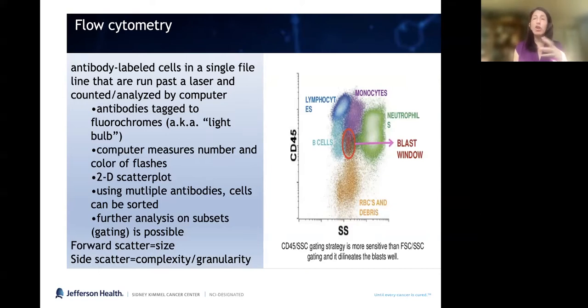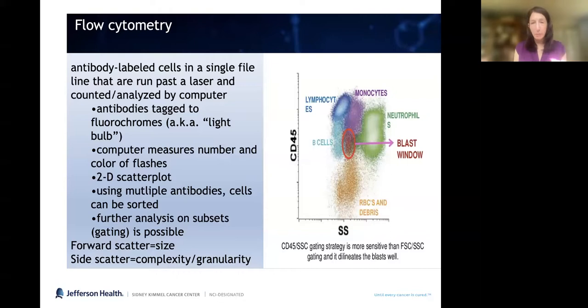And we can learn a lot about those cells, what kind of proteins are on the surface of those cells. So later, when we're looking to see how well the therapy worked, we can know exactly what the personal signal of your leukemia cell, what the flow cytometry signature looks like. And so, you know,